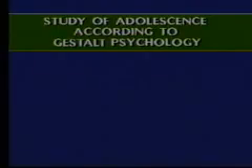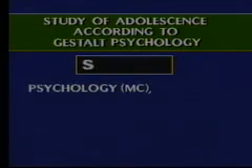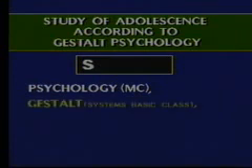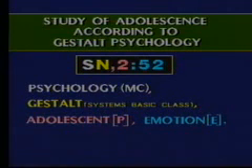Consider the title Study of Adolescence According to Gestalt Psychology. This comes under the main class psychology, the number for which is S. Under this, Gestalt Psychology is the system basic class, which is represented by Sn. The number for adolescent in the schedule of psychology is 2, that is the personality facet. And finally, 5-2 represents emotion, that is the energy facet. Therefore, complete class number would be Sn,